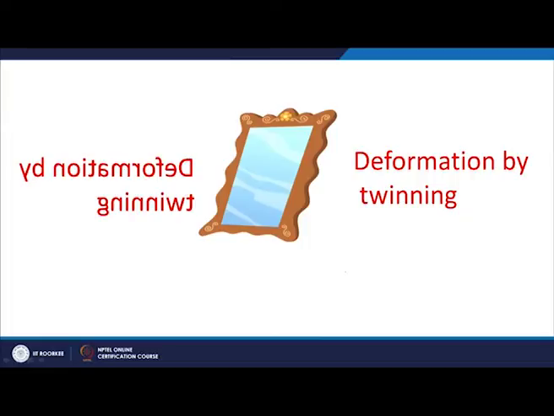Now, coming back to twinning. Already we have discussed that the crystal across the twin has the mirror image. So, basically your atomic arrangement on one side of the twin is something like this, then across the twin you will have a mirror image of this, just as you would get a mirror image if I put a mirror here. So, that is what deformation by twinning is, mirrored over this one. Just to make it more clear with a nice image, this is how the twinning is going to be.